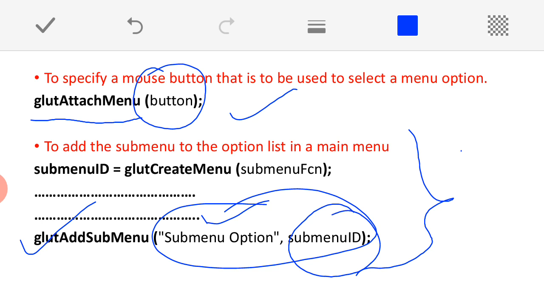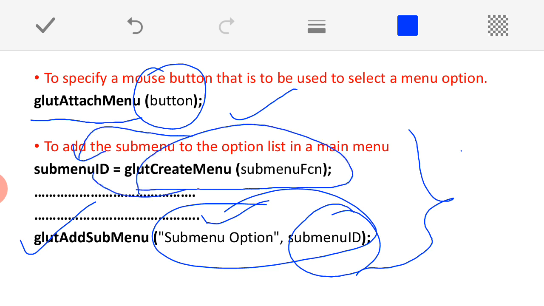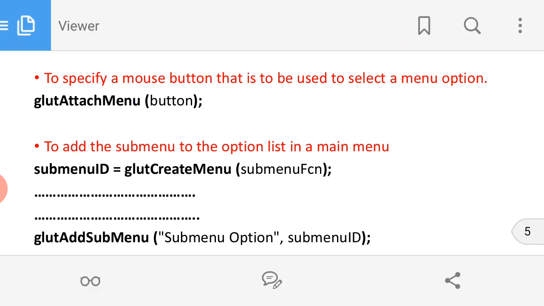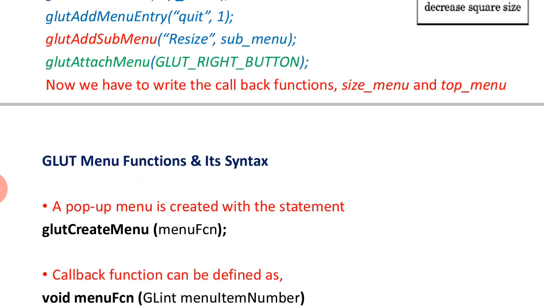This sub menu ID is nothing but, once again, my sub menu itself is just like a menu here. So, glutCreateMenu of that sub menu is called, and that ID will be passed over here. This is the pattern of using the menu functions whenever you want to create the sub menu.